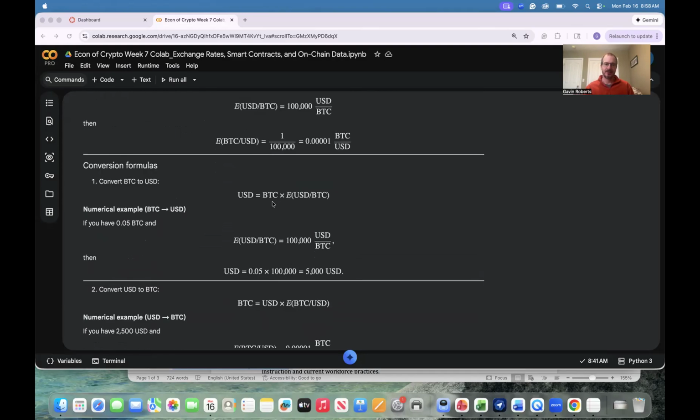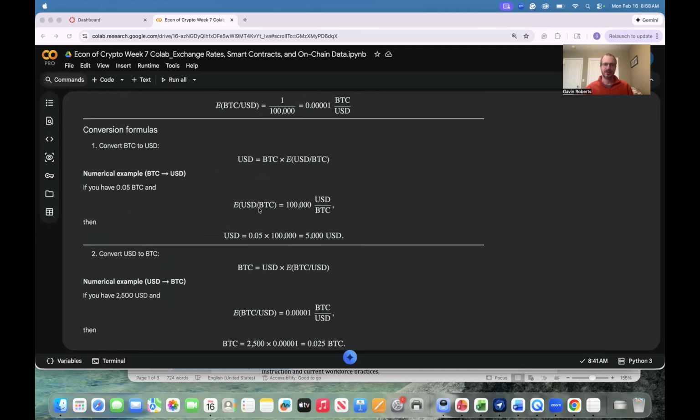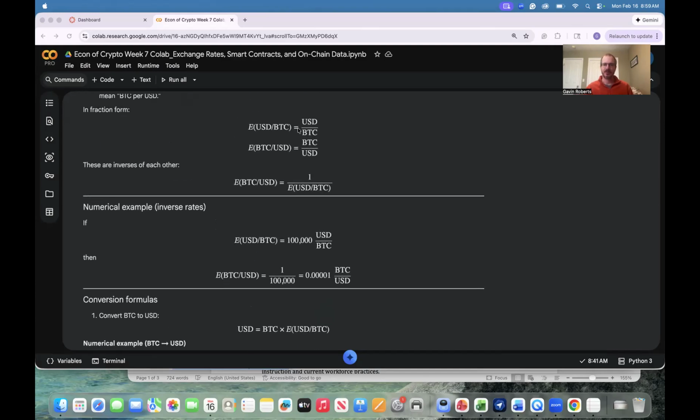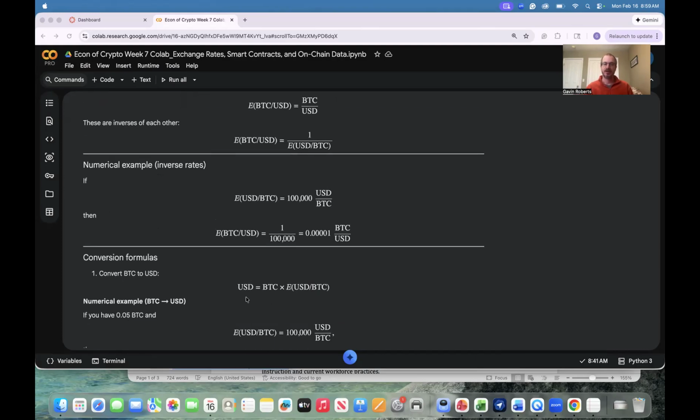So we can use these ideas to come up with basic conversion formulas. US dollars equals Bitcoin times the exchange rate USD to Bitcoin. Now that's kind of why it's useful. Remember up here we wrote it as a fraction, so we can just write that as USD per Bitcoin. If we want USD over here, notice that Bitcoin times USD over Bitcoin, what cancels? BTC, because it's BTC over 1 times USD over BTC. And that's getting at the heart of what's called dimensional analysis.